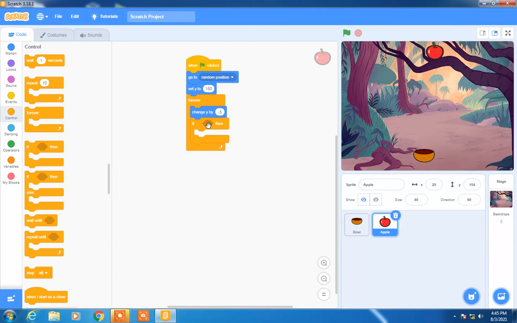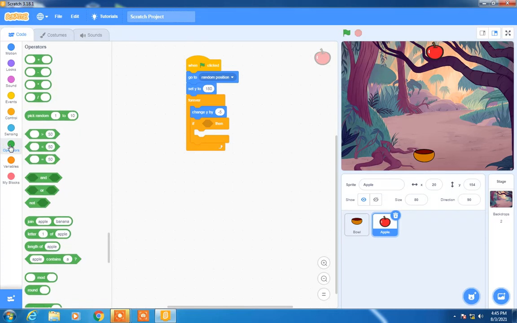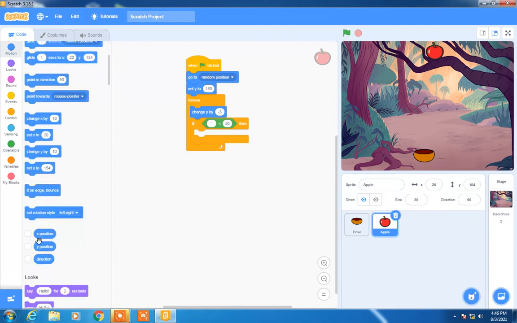So here we need to check for a condition, that is the y-axis should not be less than minus 170. So when we require the operator less than, we have to make use of the operator menu and just place it over here. So over here what do we want to check? That the y-axis is less than. Our y-axis will be in the motion option. Click over there and take this y-axis. Our y-axis should be less than minus 170.